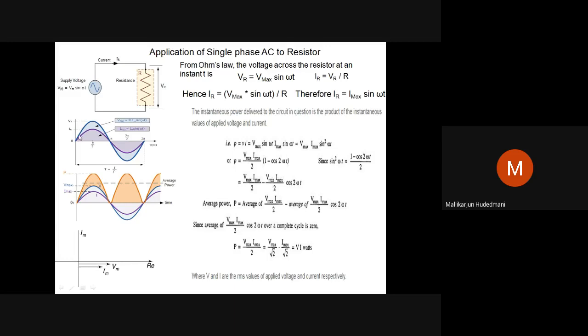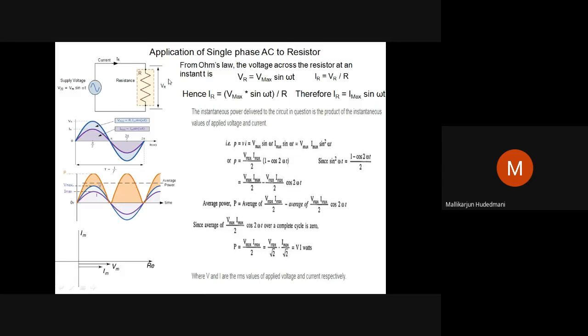That is witnessed by the waves. The voltage wave is followed by the current wave with different peaks. Therefore, if I represent a vector for this, OA for example, and OB, both lie one over the other like that. Voltage and current are in phase. This is called the vectorial representation of voltage and current referring to the application of single phase AC to a resistor. It's a very simple fundamental case study.